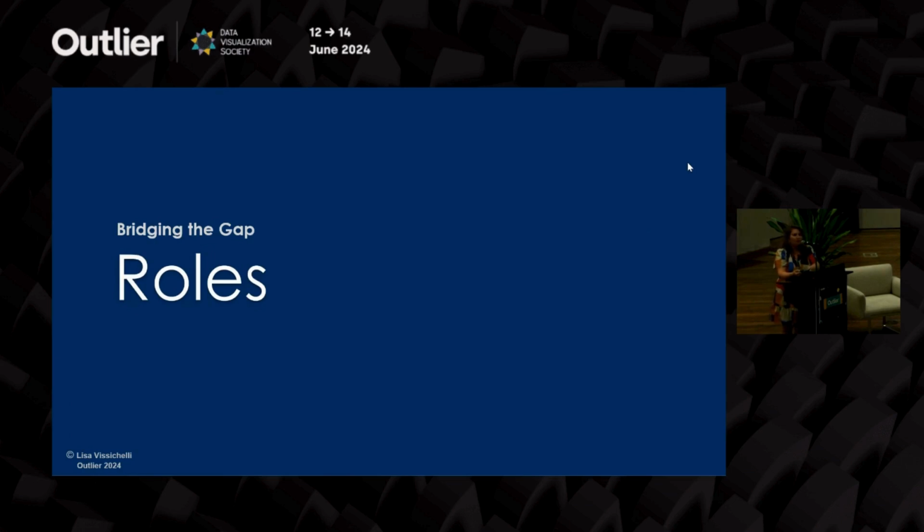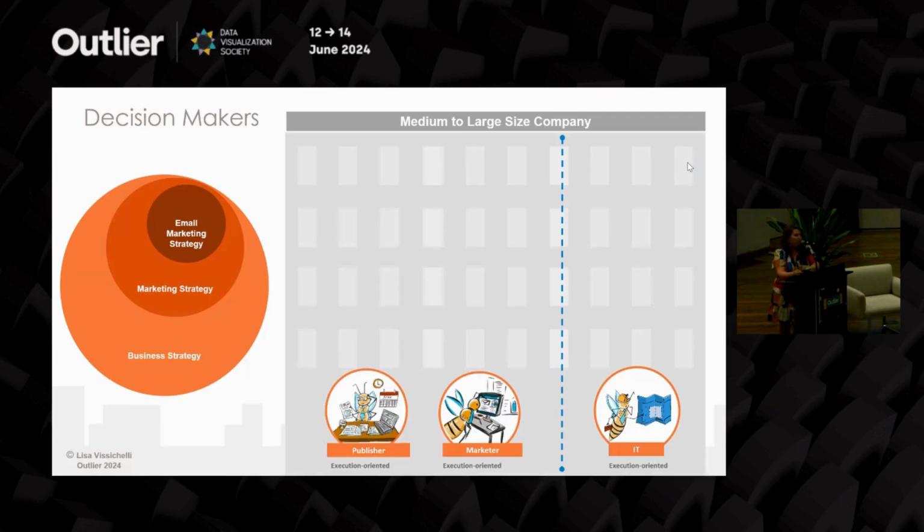Next, I'm going to get into roles. Now, regardless of the project, you can often get into a situation where there is still a level of hierarchy. And in this situation, I was working with a B2B service client who was trying to uncover how to better deliver marketing strategies and different roles in an organization. Which role would they be able to support in different ways?